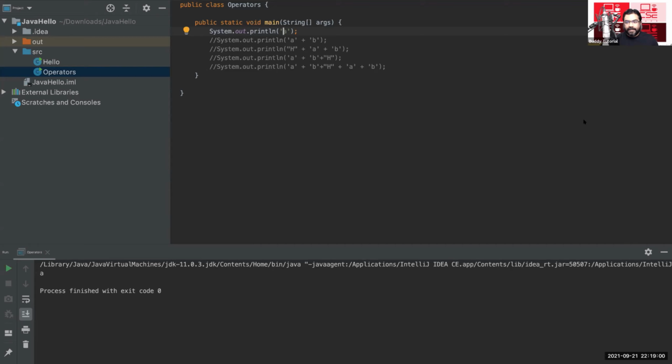Unlike many other languages, string is not a primitive. String is actually a class. Because println knows that A is a character, the overloaded version of println considers it as a character and prints the character A. So now, what will be the value of this one? The second one. Here, even though A is a character and B is a character,